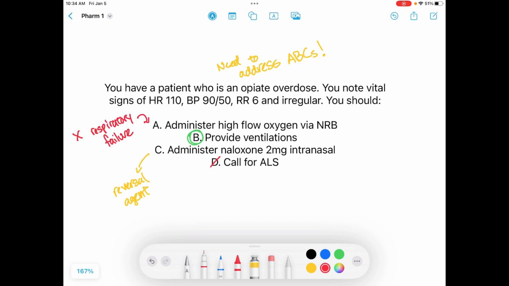Another thing to think about here is we have vital signs. We know this patient is unstable. We have to address instability regardless of whoever is coming to help us. So,